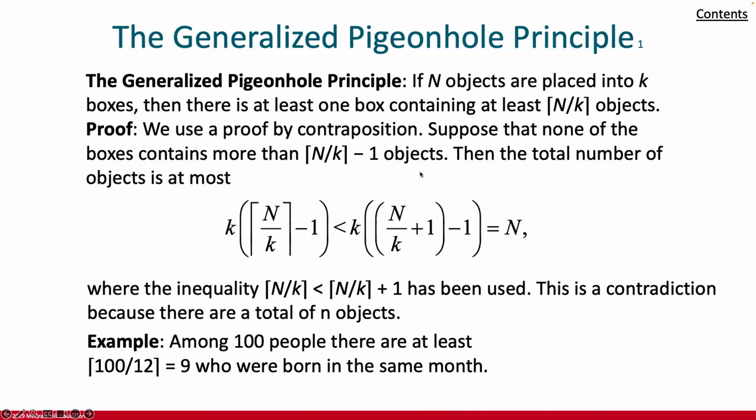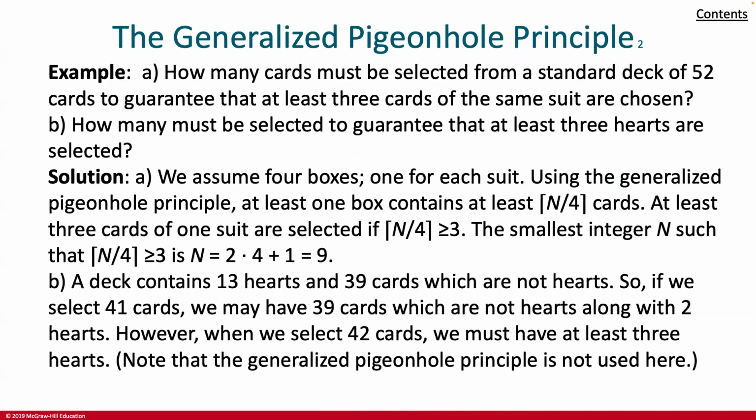So the generalized pigeonhole principle: if n objects are placed into k boxes, there must be at least one box containing at least n divided by k objects. And we have a proof for that and an example. I'm not going to go through those, but you can see how that flows. Once again, I'll just mention the example, but I won't walk through it. And so